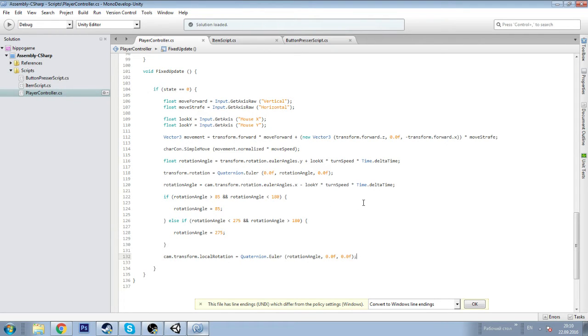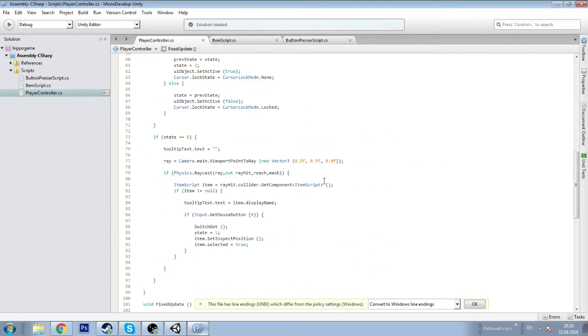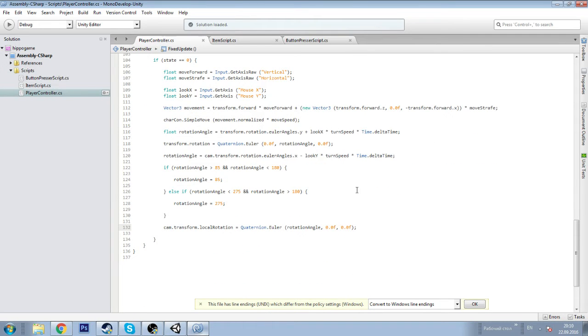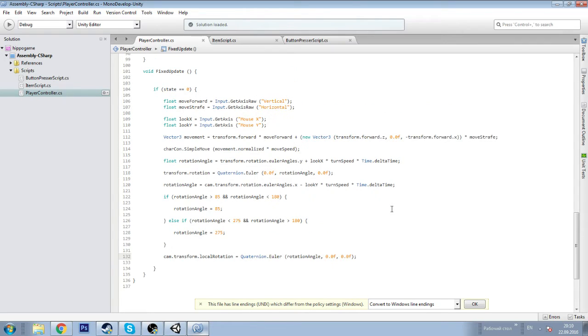There's actually a standard asset you can use which has first-person shooter kind of controls, and I'm not using it because I've looked at it and it seemed really complicated, and I don't really feel comfortable using stuff I don't really understand how it works. So I did that myself, and I can change it later if I want to. I can change everything if I want to. That's the beauty of programming. Anyway,